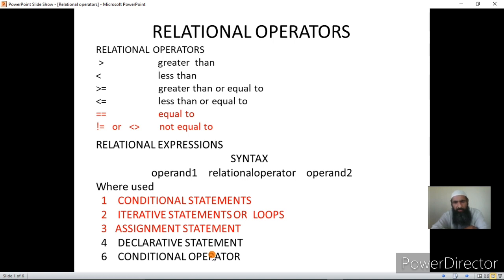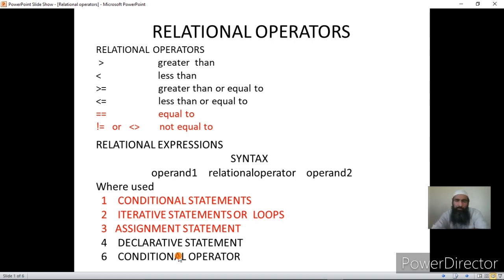It is a ternary operator, but we can use relational expressions to form conditions in the conditional operator. In previous lectures I have given one example of the conditional operator. So conditional statements and conditional operator are two different things. They are not the same, even though students sometimes get confused between the two.